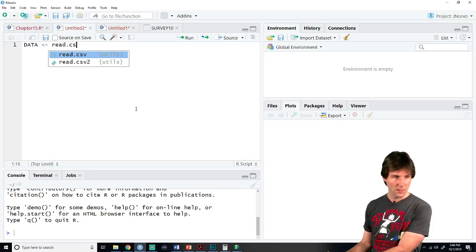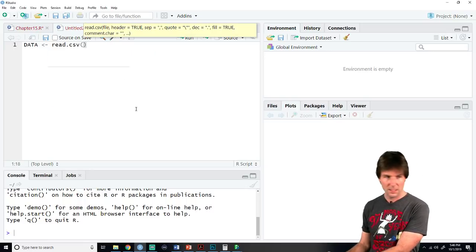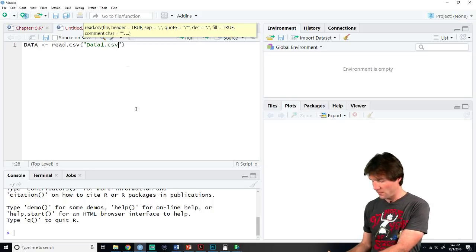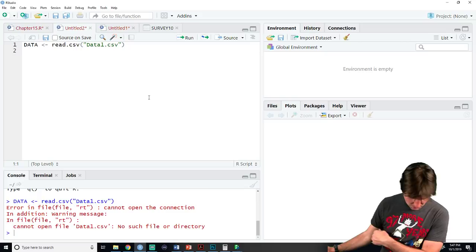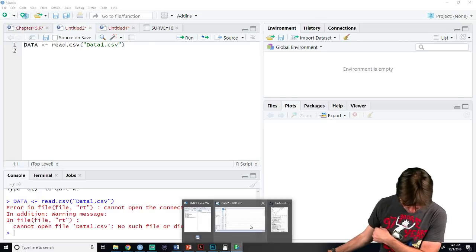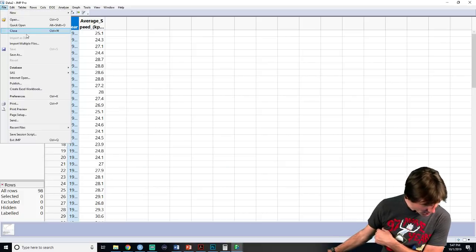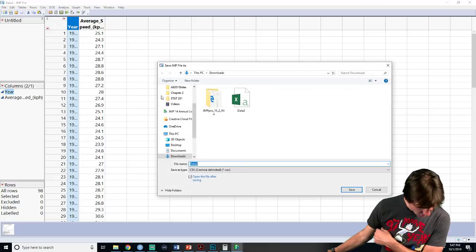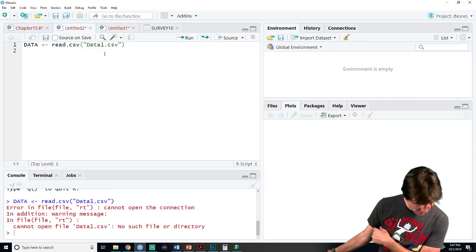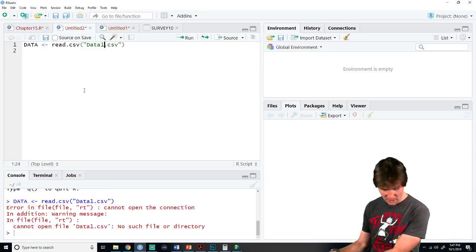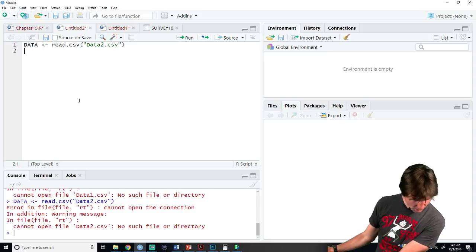And let's do read.csv. And what did I call it? Data1. We'll find out the hard way if I called it data1. Data1.csv. It's not called data1.csv. What did I call it? Of course I forget what I called it right after I name it. Am I in downloads is a good question too. Data2, why did I call it data2? I guess I thought I had data1. So let's see right here, data2.csv. If I'm in my downloads folder, which I should be, cannot open.